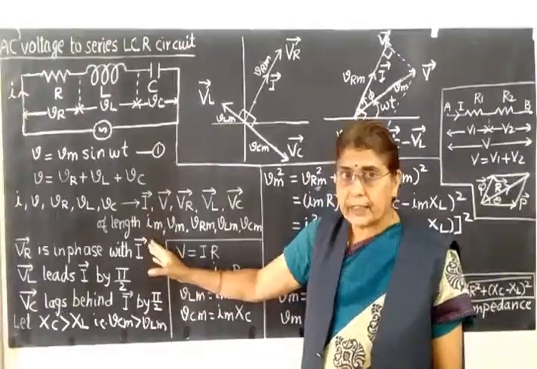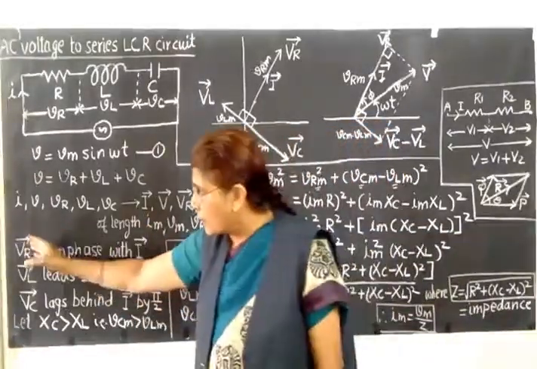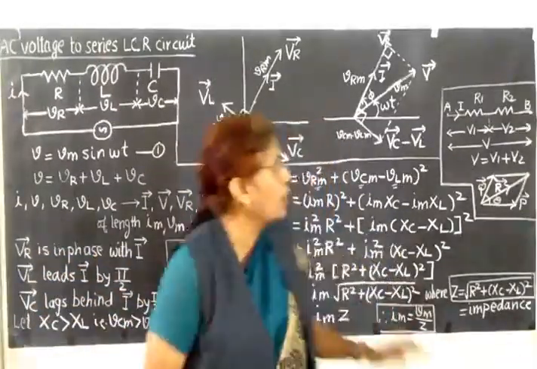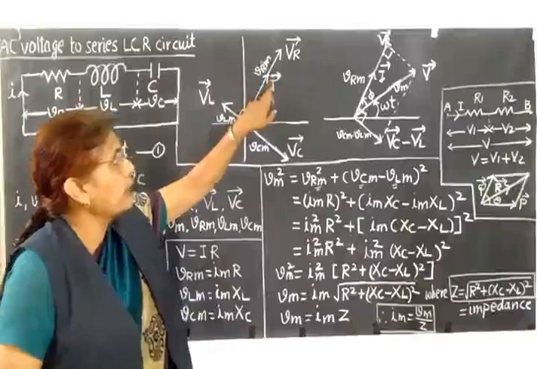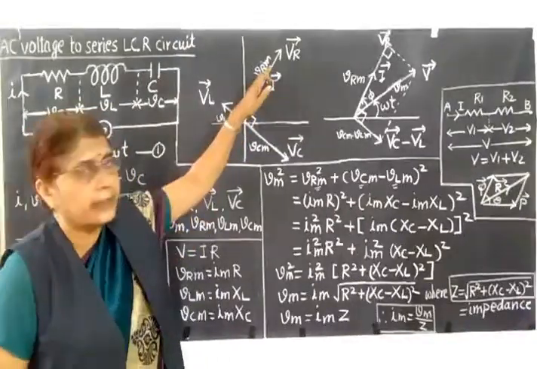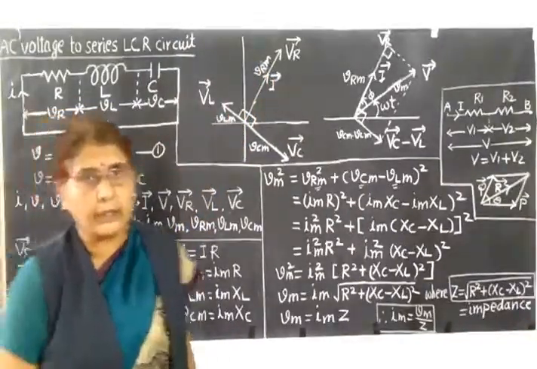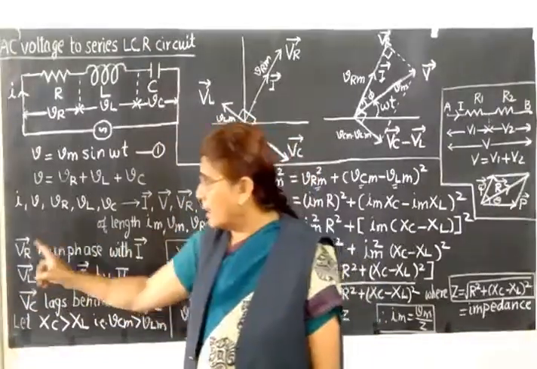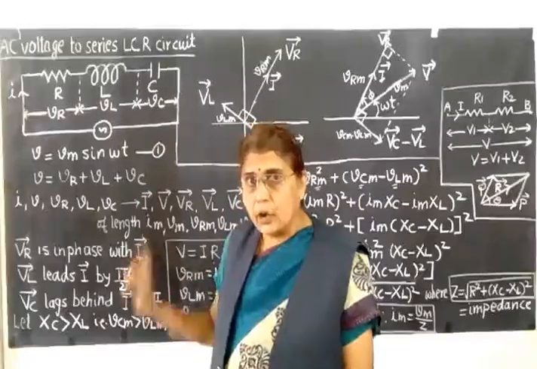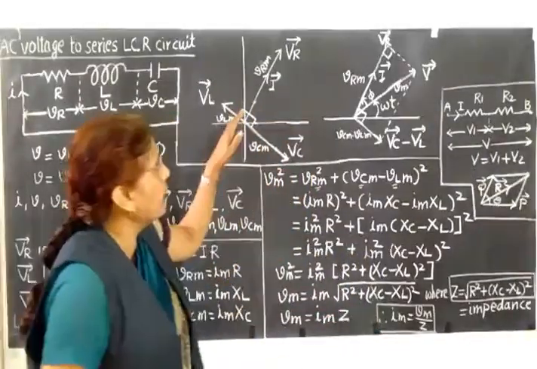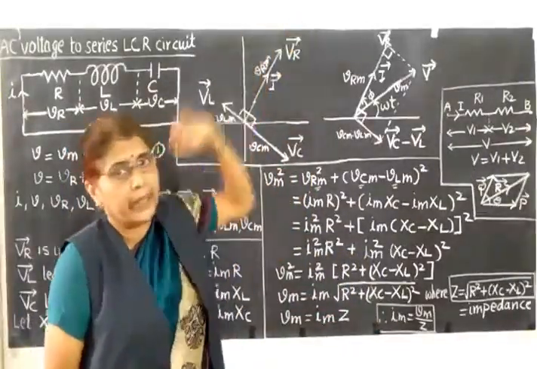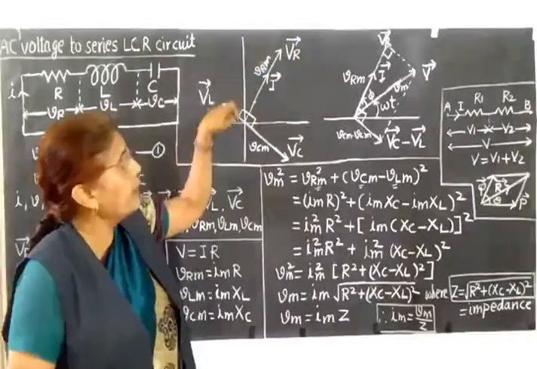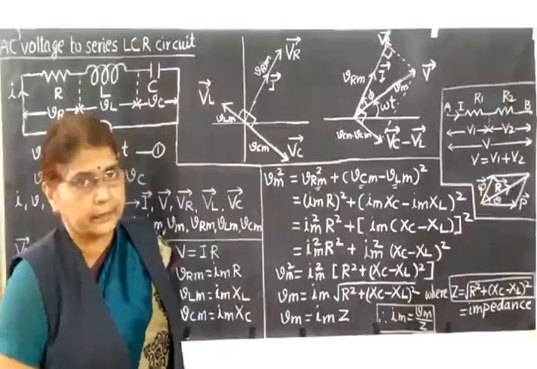With respect to the phasor vector I, we can draw VR, VL and VC based on these relations. So this vector I represents your current. Let us say it is in this direction. Now the first relation, VR is in phase with I, means VR is along I. No phase difference is there. So VR will be represented along the same line. So VR is represented here. Only thing is amplitude of VR is more than that of current.